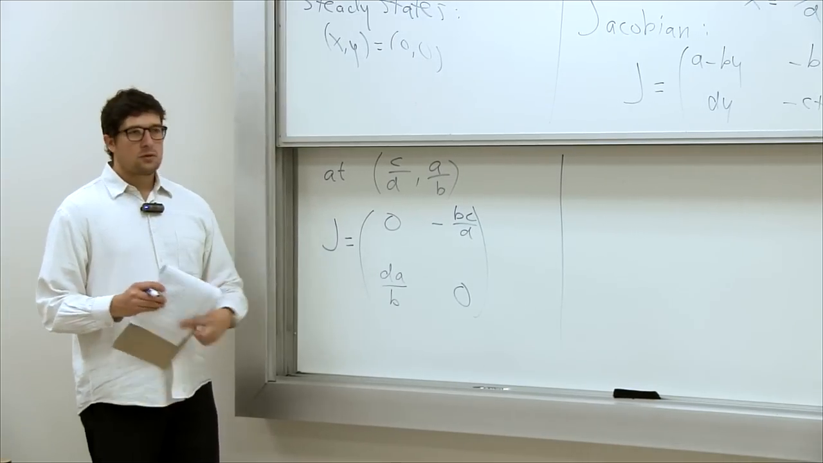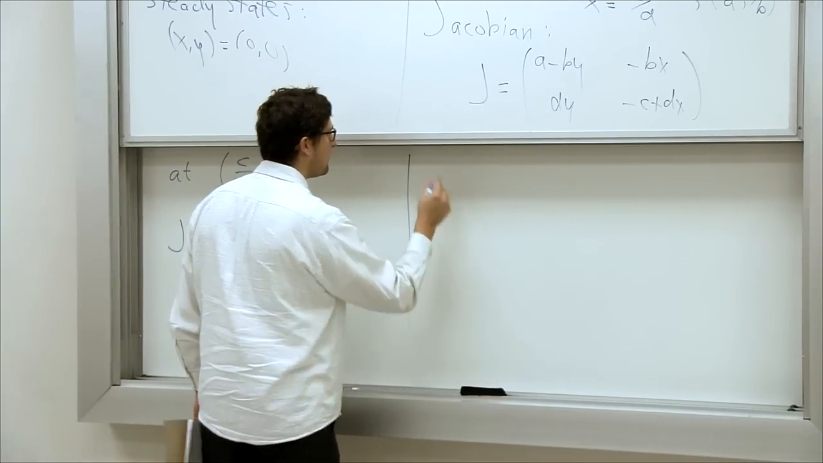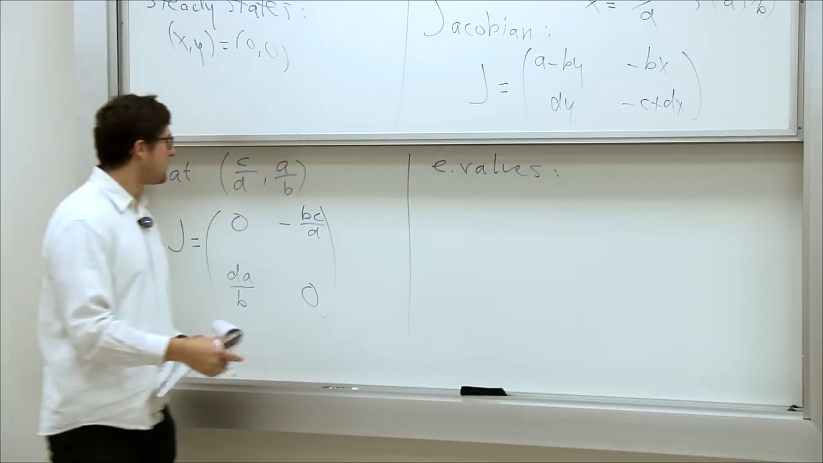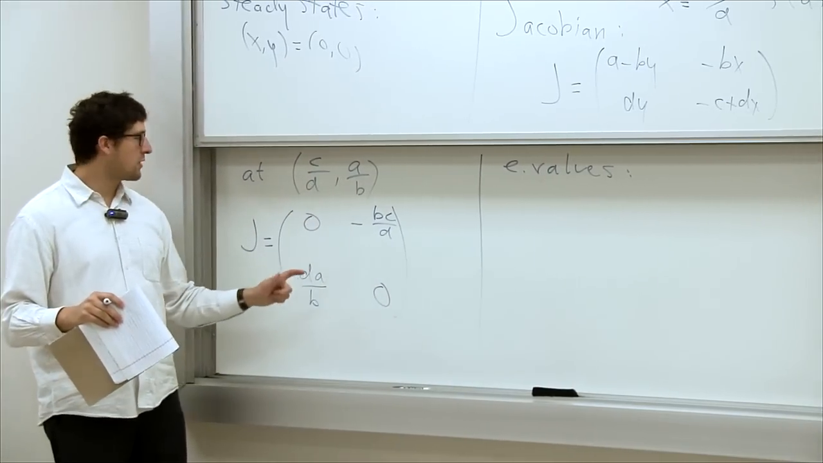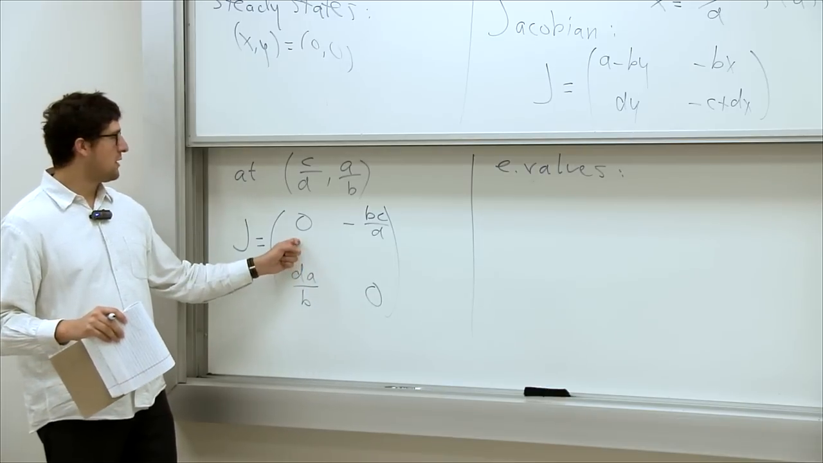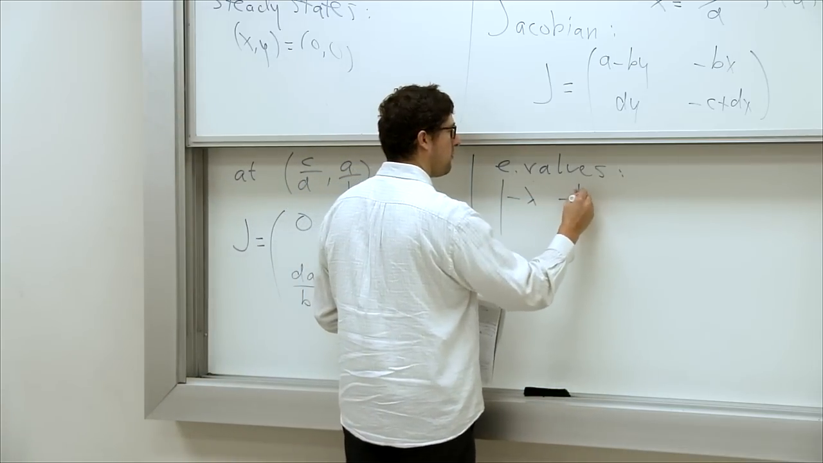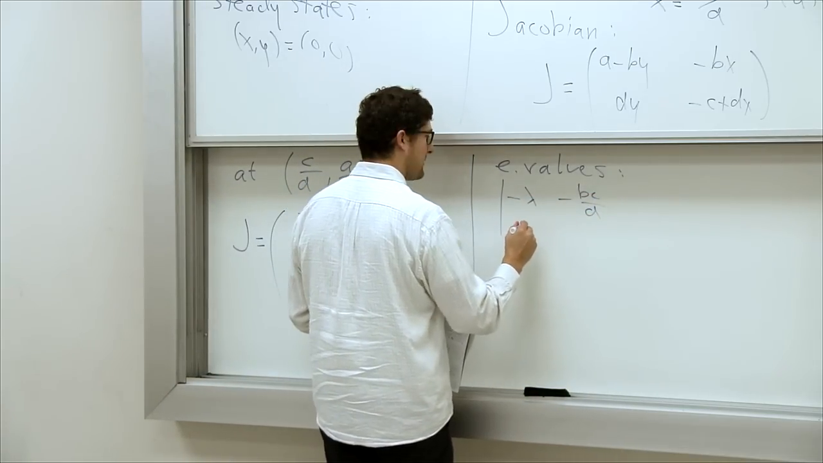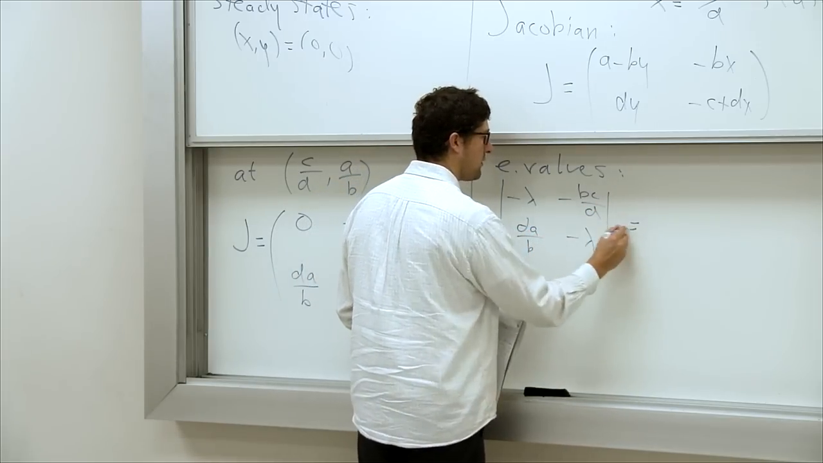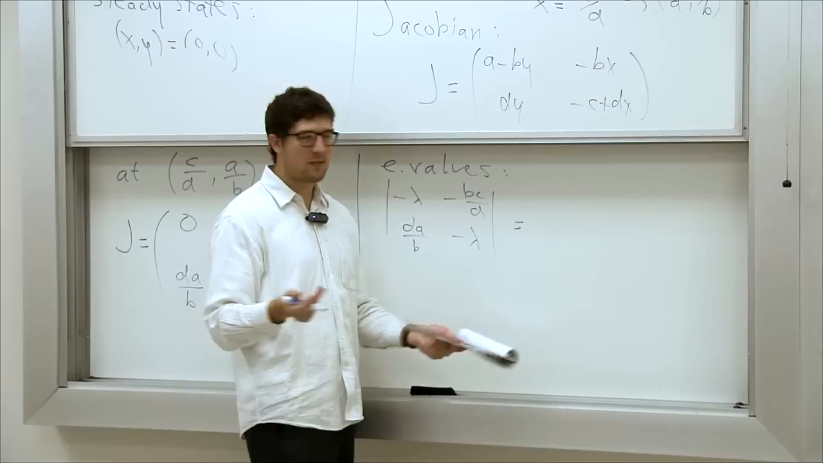Okay, so let's try and figure out the eigenvectors or the eigenvalues of this thing. This time it's not so easy. We cannot just see them right away, or maybe you can. But what I'm going to do is write down the determinant of this thing. The determinant matrix is minus lambda, minus BC over D, DA over B, minus lambda. The determinant is minus lambda times minus lambda, which is lambda squared,